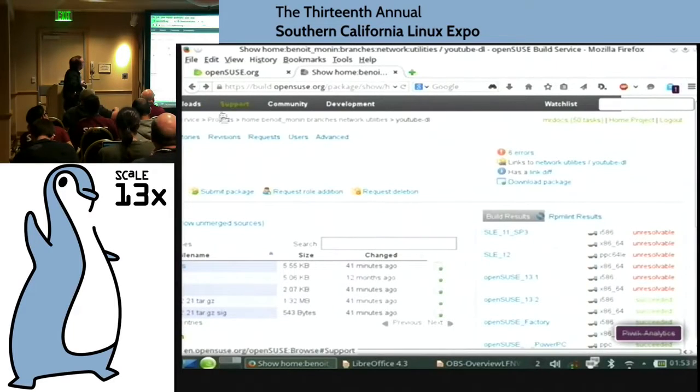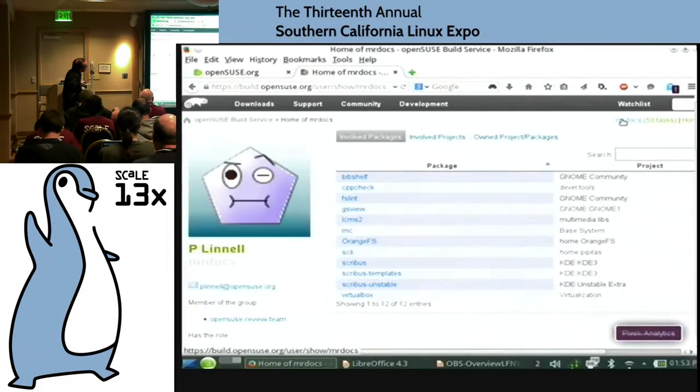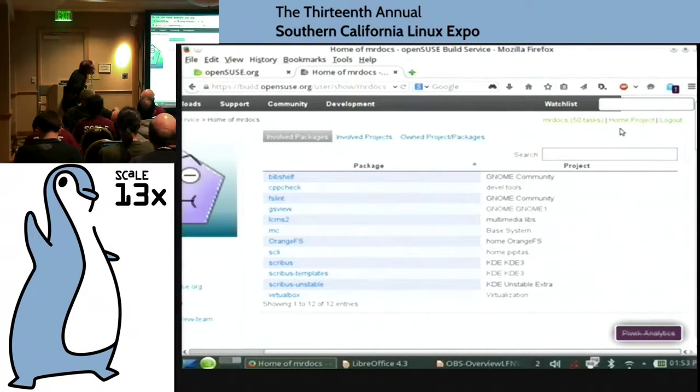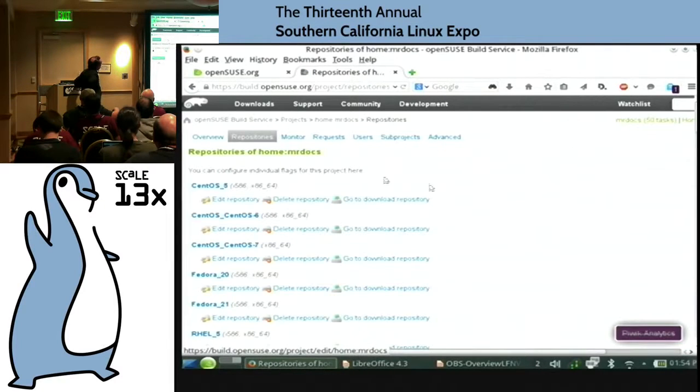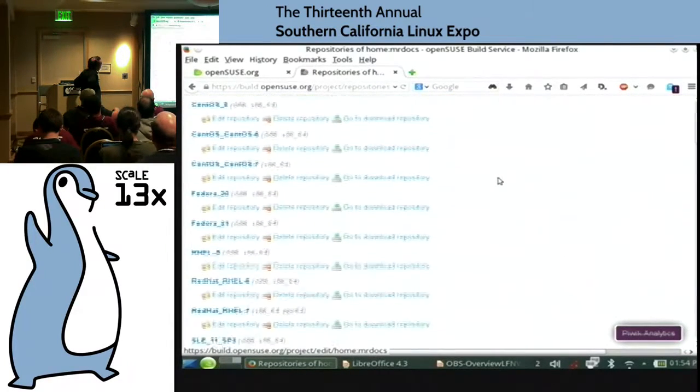Now, for example, if I go here, let's go back to my home. Let's go to my home project, my sandbox, because I can show you a lot there. I love small resolution screens for this stuff. I'm going to go to my home project. This is my sandbox. Okay, so if I look here, I've got 31 packages I maintain. And some of them are maintained further upstream where I actually maintain them in openSUSE, and SUSE Enterprise for that matter. So if we look at repositories, these are all the distros I built for,